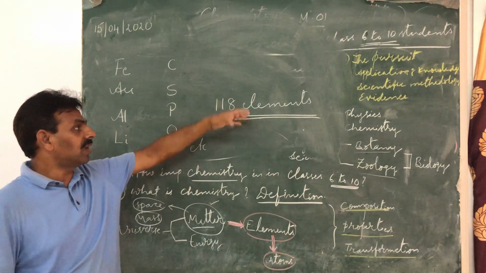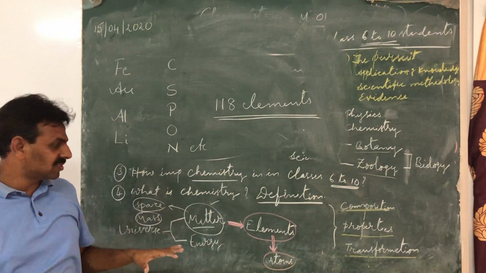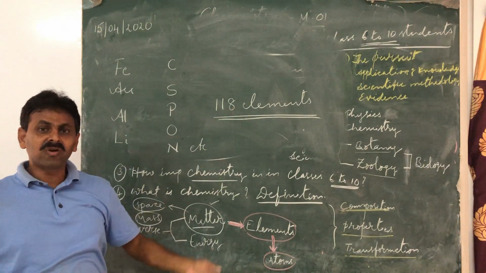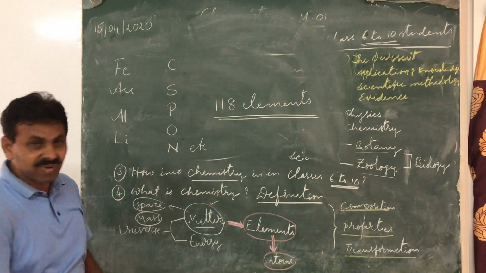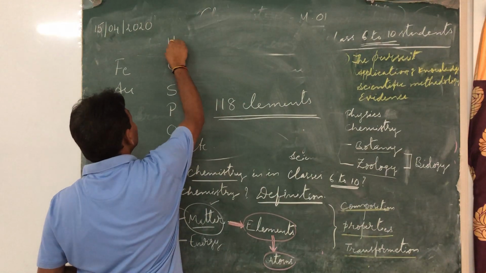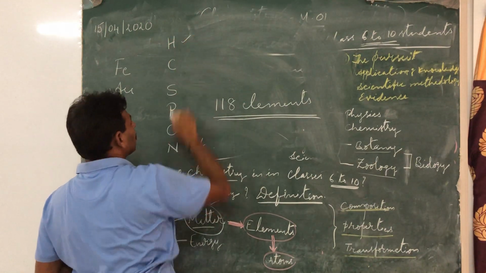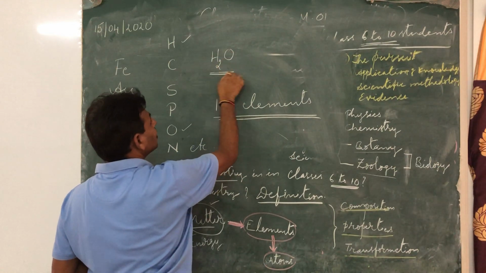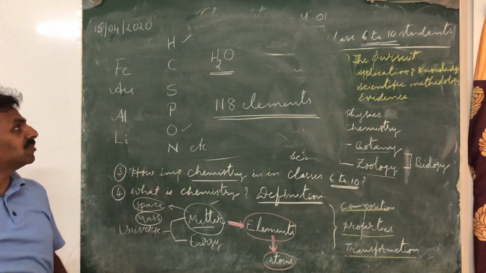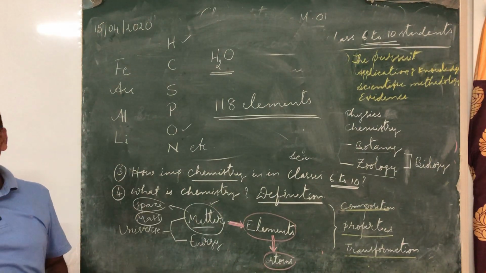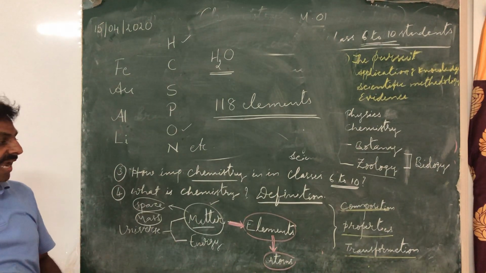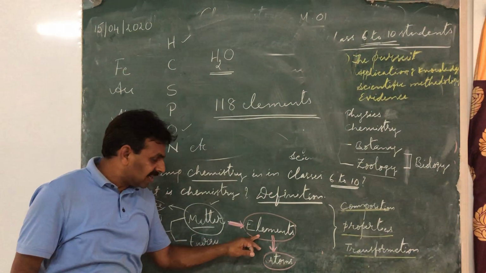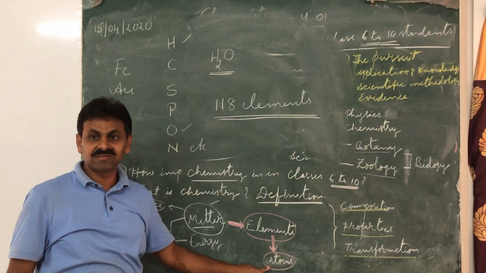Okay? Or group of elements. The matter is made of these, either directly these elements or combination of these elements. For example, you know hydrogen, you know oxygen. If two hydrogens and one oxygen combine, it forms a compound named water. I am using the word atom, that also I am coming to. So an element consists of similar type of atoms.